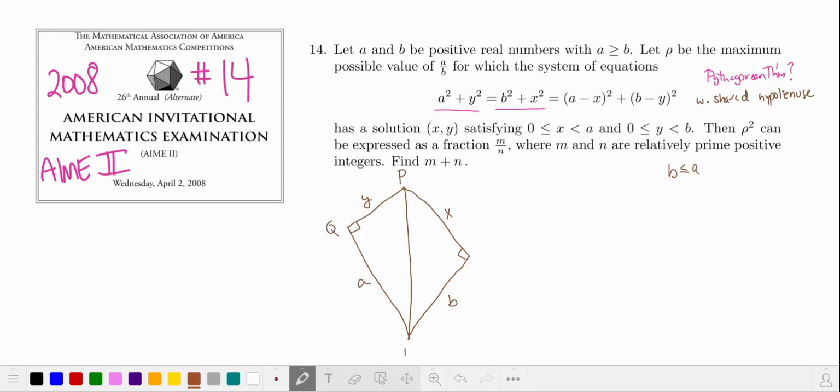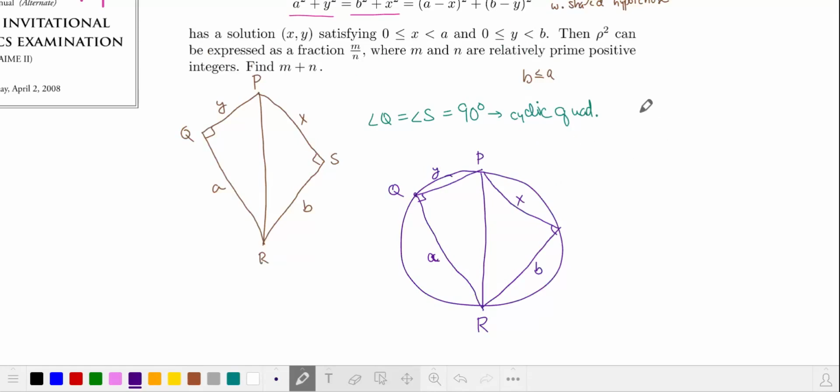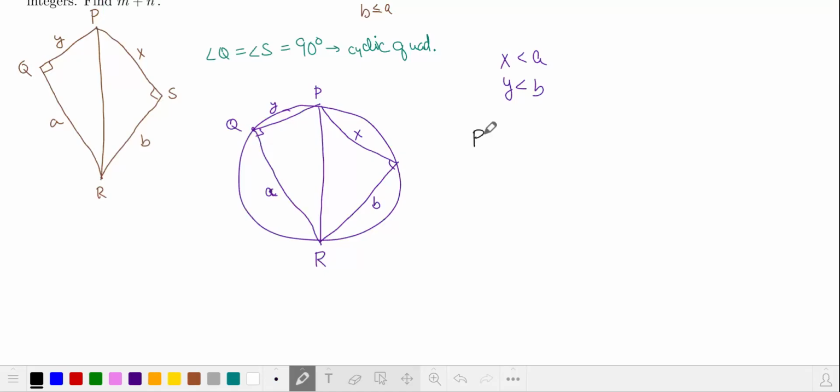I'm going to call it PQRS. These opposite angles at Q and S are both 90 degrees, so this is actually a cyclic quad. Let's redraw it inside of a circle. Here's the diagonal PR, and it looks like we have X is less than A and Y is less than B in this sketch. PR is our shared hypotenuse, so it's A squared plus Y squared and B squared plus